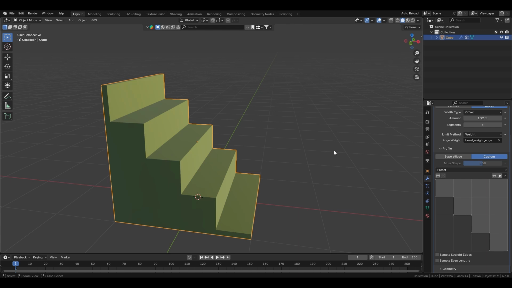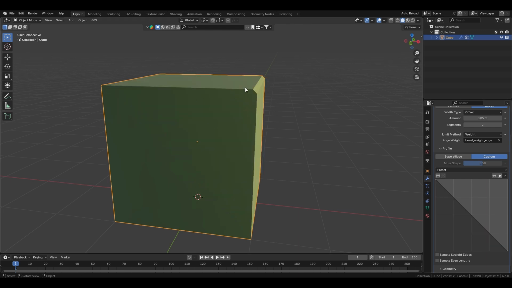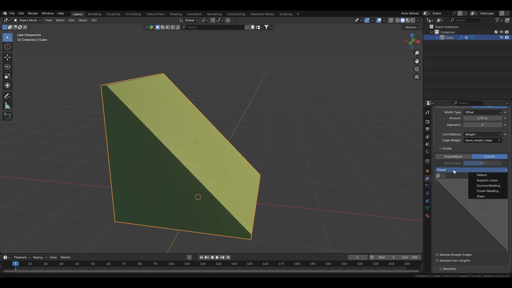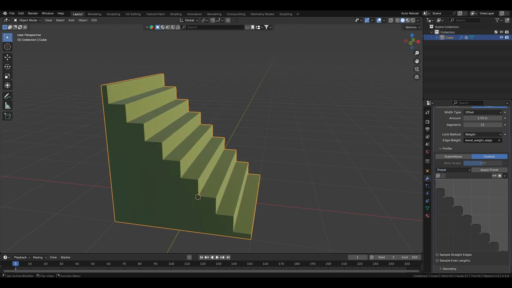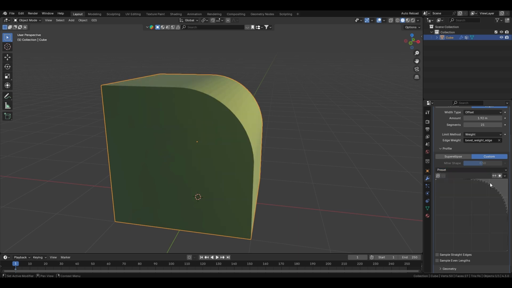Once again I will tell you first what we are going to do. First select this edge and then we have to bevel it, then change the preset to steps. After that, just by changing the segments value, we will have stairs. Or I can change the option to support loops. If I click and drag this value, I will get a different result here. So like I said, you can try all the options here, but for now I'm going to change this to